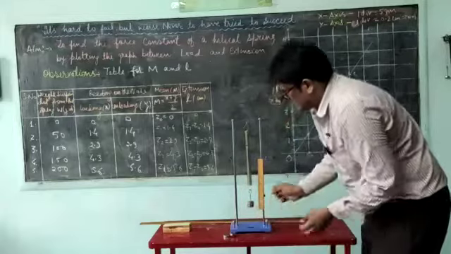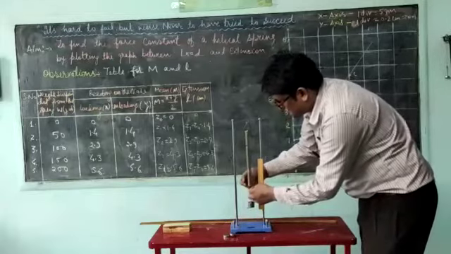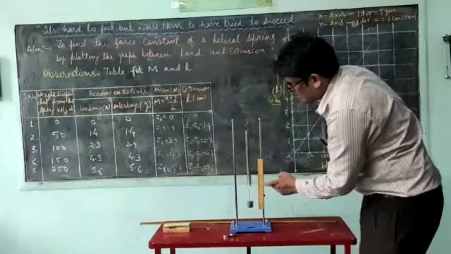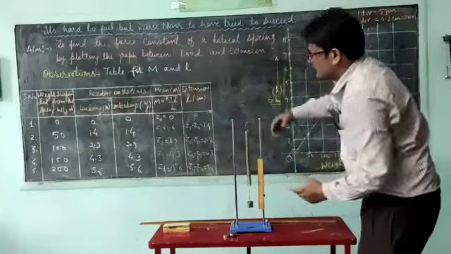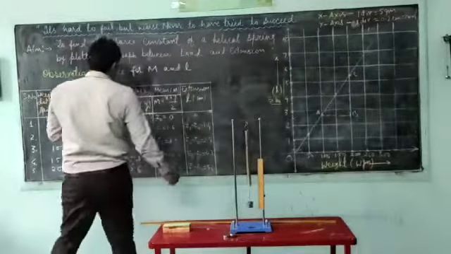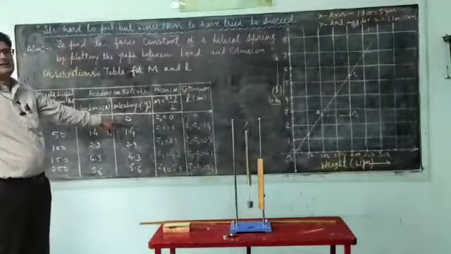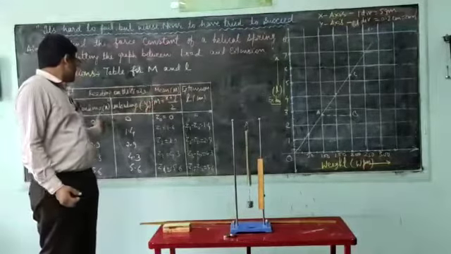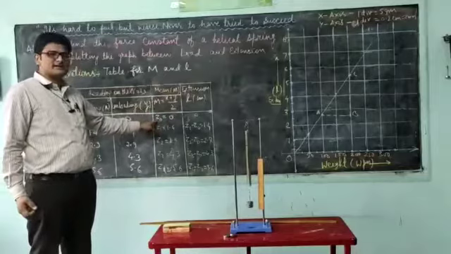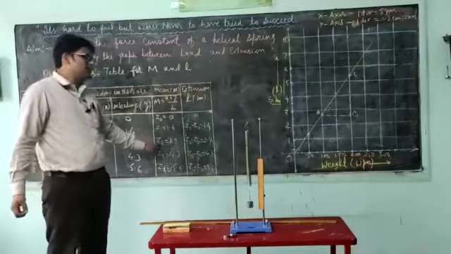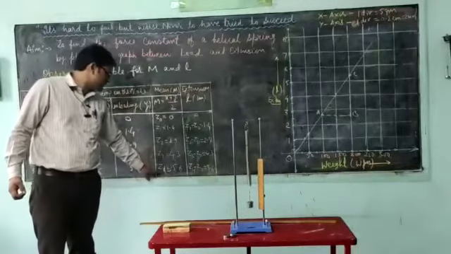Then it has come to 4.3, then it will come at 2.9, and then again it will come at 1.4 centimeter, and at 0 weight it will come at 0. Afterwards we will find the mean: this plus this divided by 2 is called Z0, this plus this divided by 2 is called Z1, and similarly Z2, Z3, Z4.